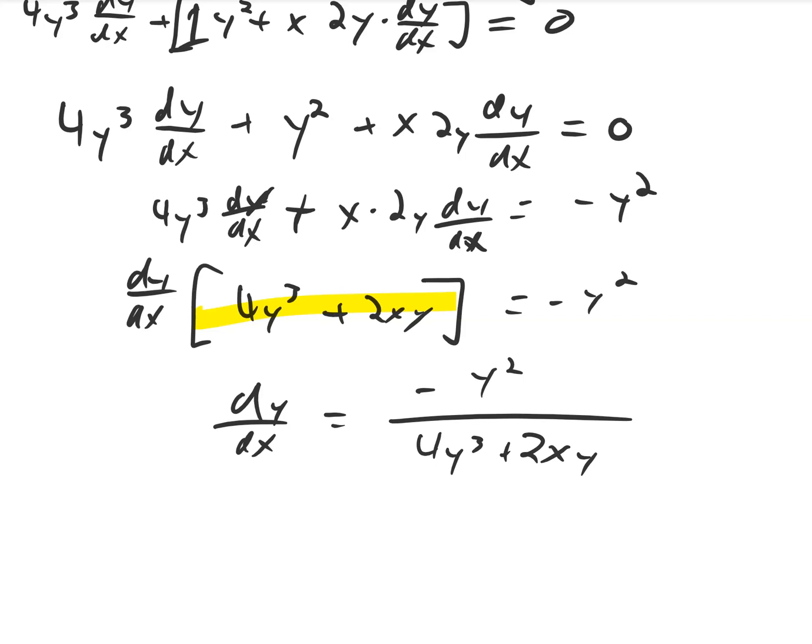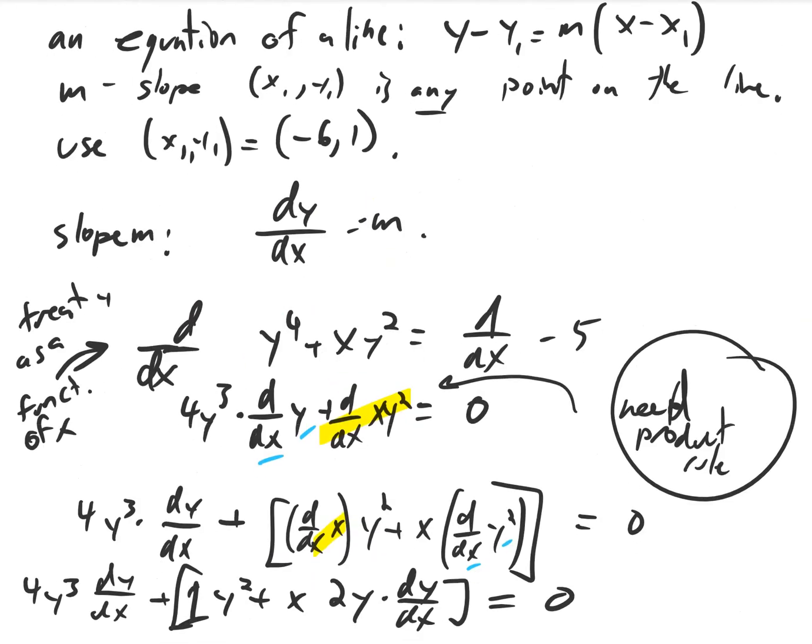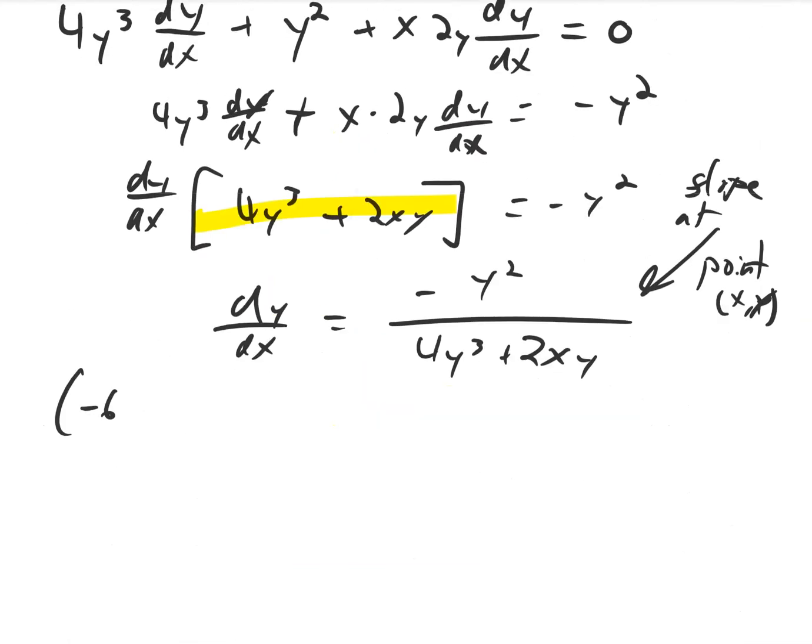Okay, so this is a formula for the slope at point xy on the graph. So it's the slope of the tangent line at point xy on the graph. Our particular point is x equals -6, y equals 1. Is that... Yep. X equals -6. Y equals 1,